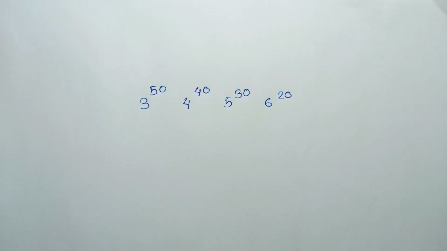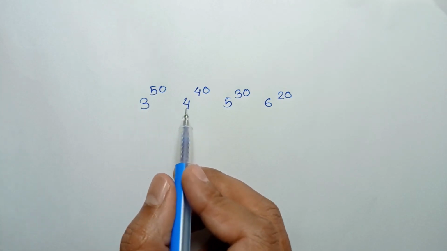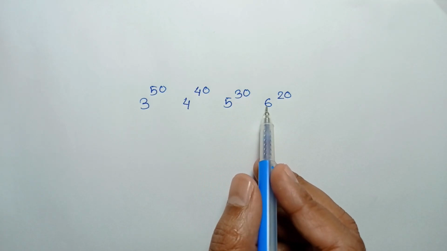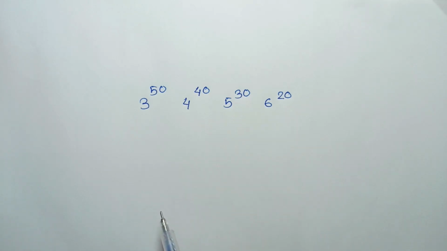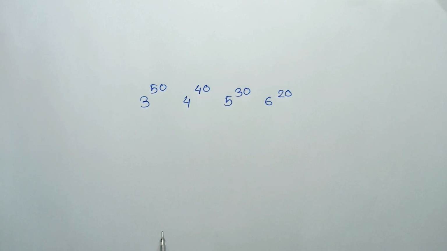Hi everyone, in this video I am going to show how to find which is the largest among these numbers: 3 to the power 50, 4 to the power 40, 5 to the power 30 and 6 to the power 20. Now the highest common factor of 50, 40, 30 and 20 is